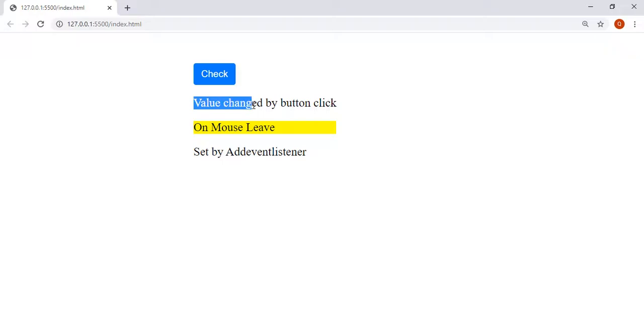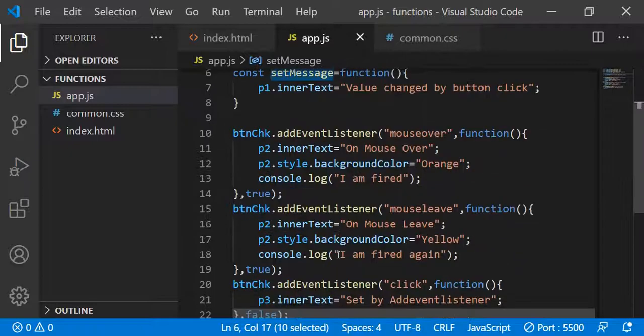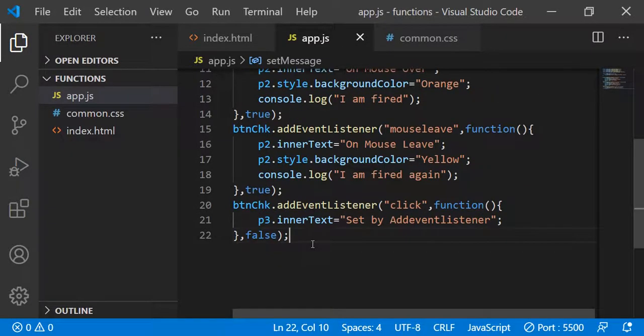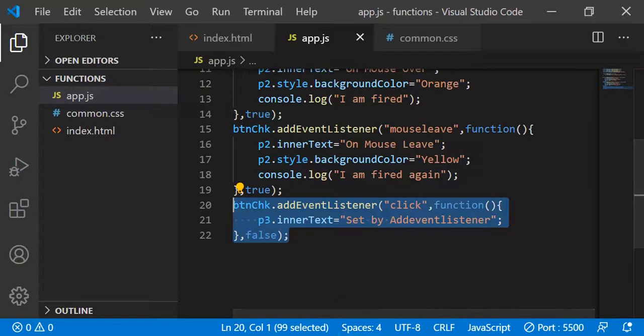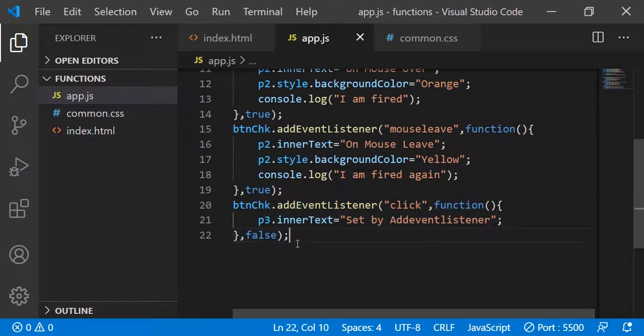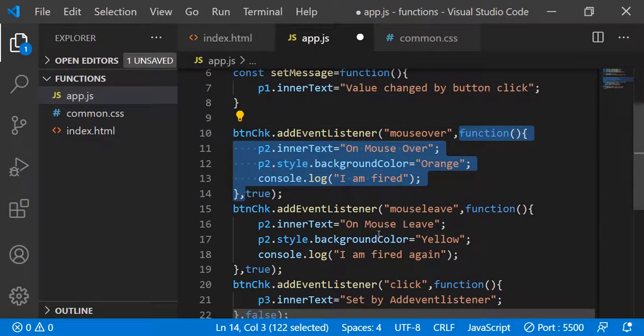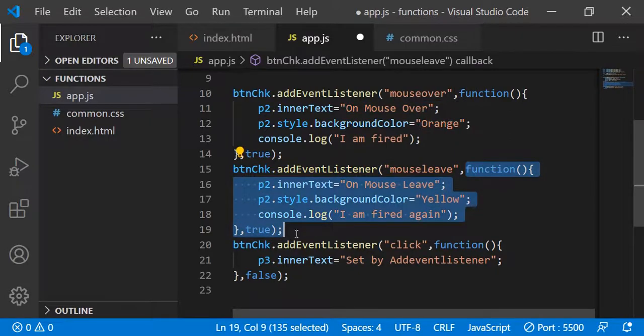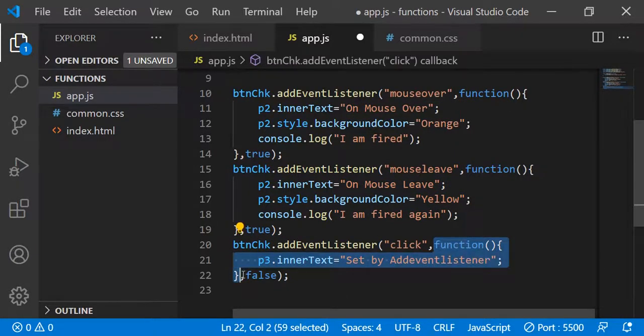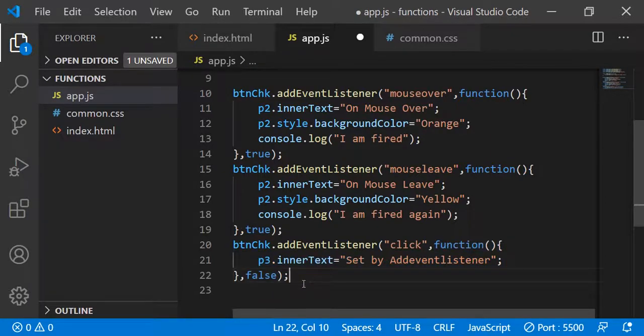See, this set message also called, and the same way the new function whatever we added, that also been called, which means it is not override the existing event. That is the very important point that we need to remember. We have written the function and its implementation also here itself in the add event listener method, but it's not looking so clean, and you will have the difficult time when you want to do the unit testing, and if you want to call this function outside this add event listener, you can't call it because it is not having any name. It is anonymous function.